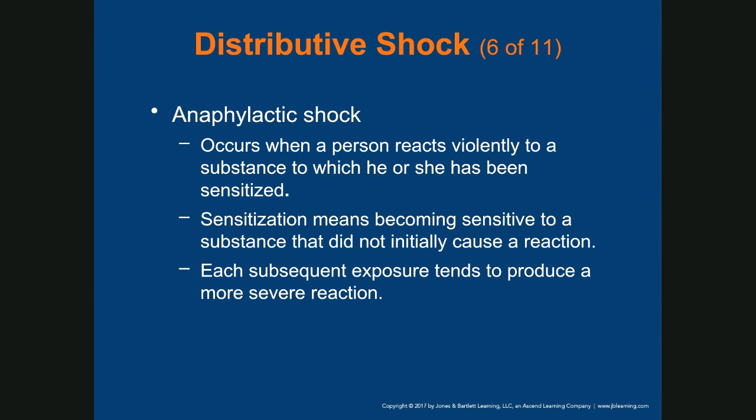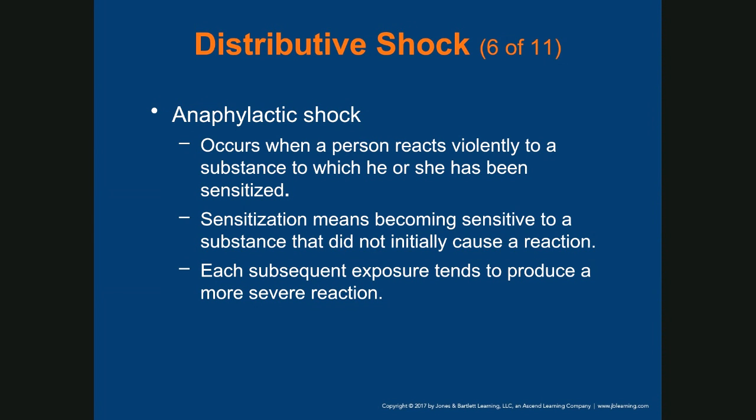systemically within the body, it will cause your air passage to lock up. It's going to constrict the air passage, and it will dilate all of the blood vessels. So the patient will get vasodilation, and if the blood vessels are fully dilated, the pressure inside of the blood vessels will fall. So with anaphylactic shock, two things are occurring that are